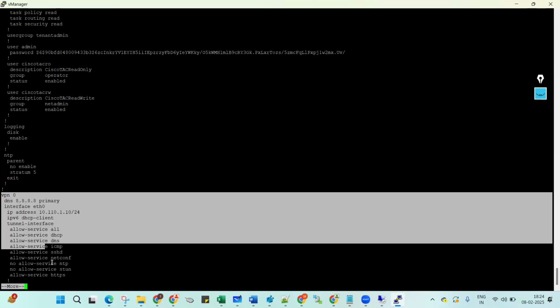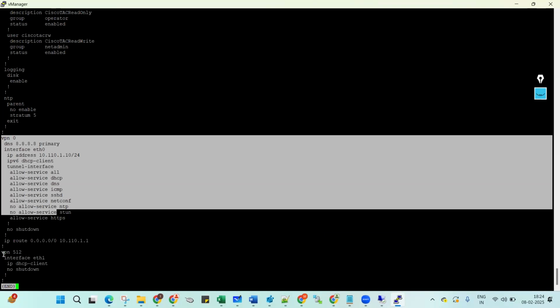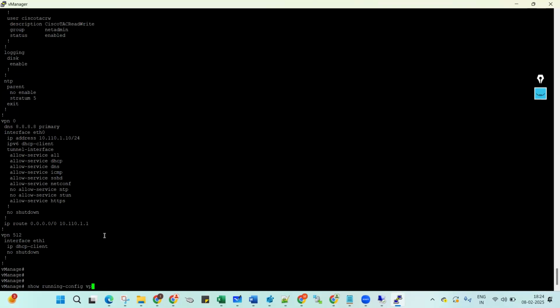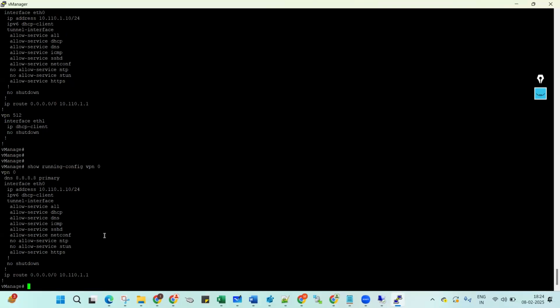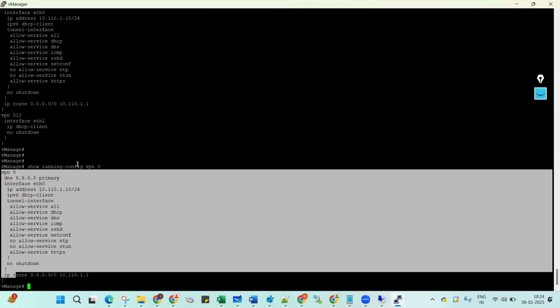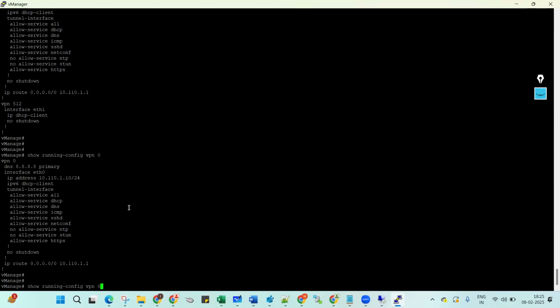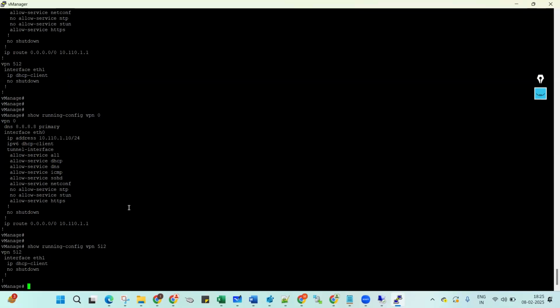We can see the VPN 0 configuration as well, VPN 512 configuration as well. Show running configuration VPN 0. With this command, we can see specific configuration. If we want to see only VPN 0 configuration, we can go ahead and do show running configuration VPN 0. Similarly, for VPN 512,